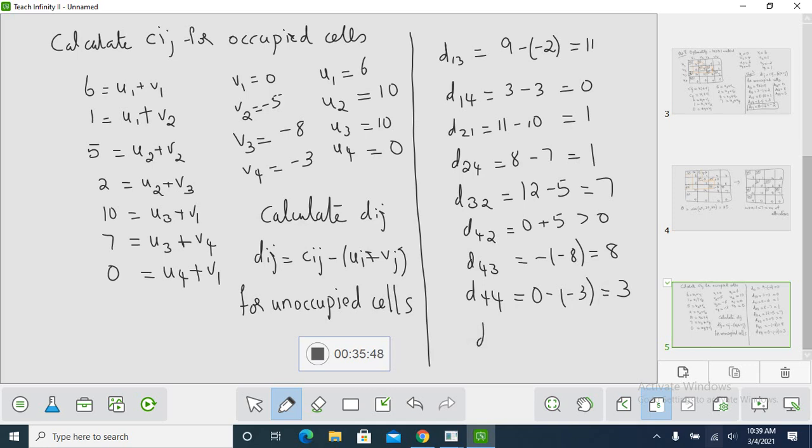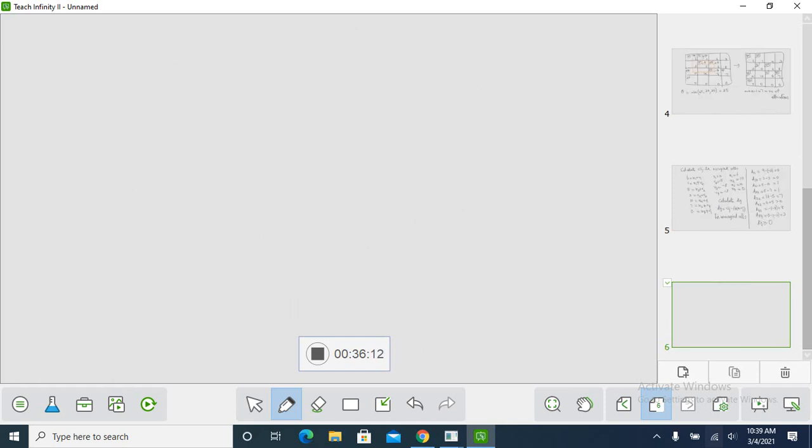Looking at the values, all my Dij is greater than or equal to 0. It's not strictly greater than, it's greater than or equal to 0. Therefore, an alternate solution exists, but we have obtained an optimum solution. So what is the optimum allocation schedule for the problem? Therefore, the optimum allocation schedule